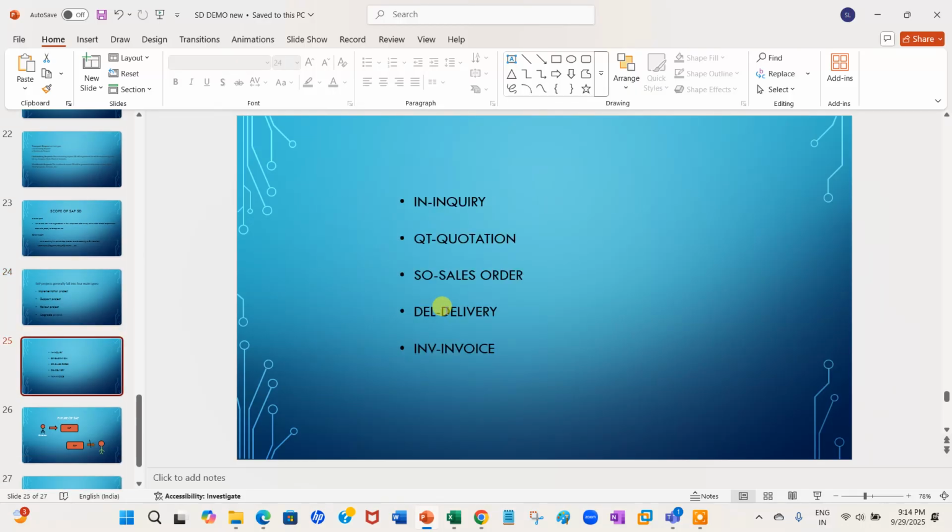Next, what will we learn in this SAP SD? Simply the general OTC cycle, order to cash. Inquiry: if you want any product and go to a shop, you inquire about that product, then they provide a quotation. Coming to the sales order, we create an order, delivery and billing. We will discuss this in depth in regular classes. This is the pattern the OTC cycle works in.